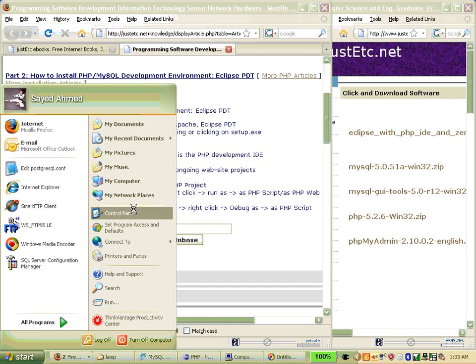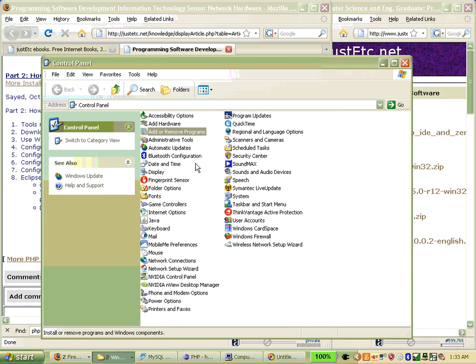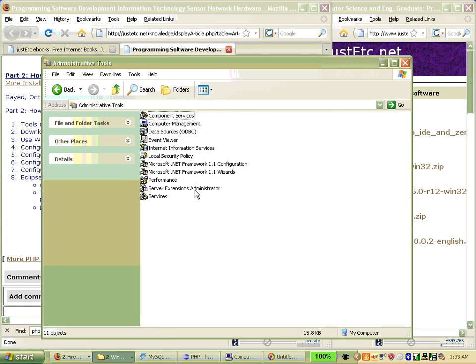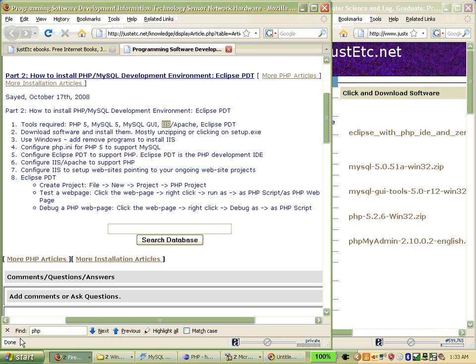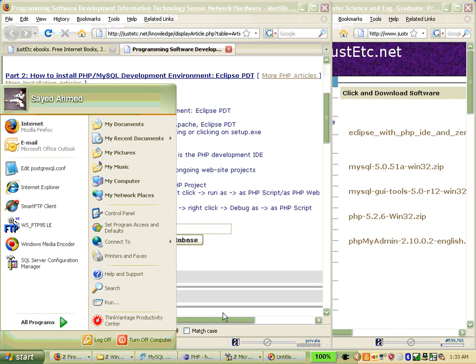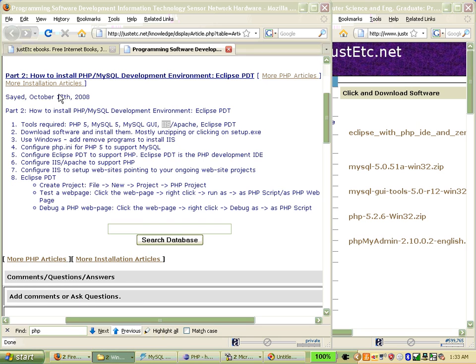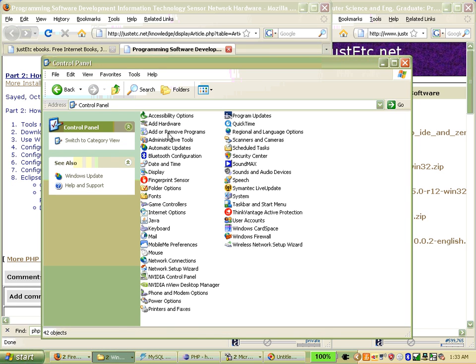Start, control panel, then administrative tools, internet information services. Oh, sorry, I wanted to show how to install, not how to configure. For installation, you need to go to control panel first,